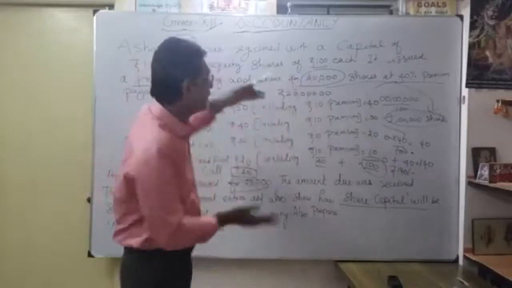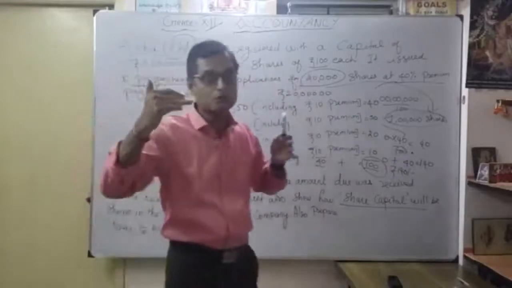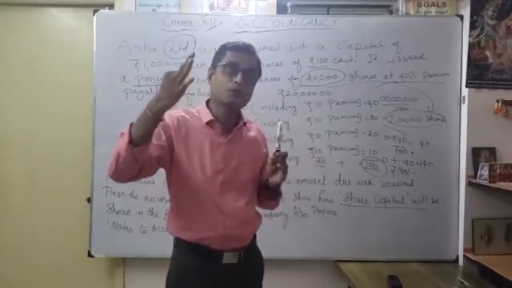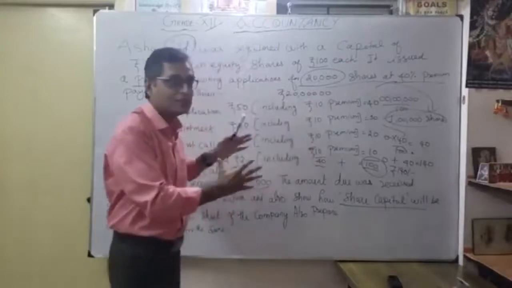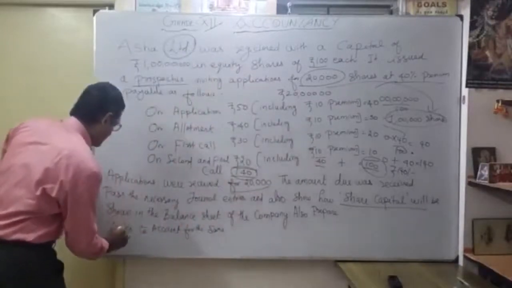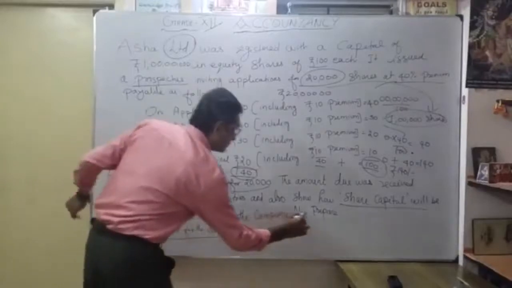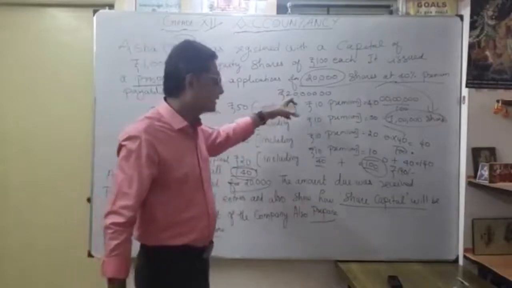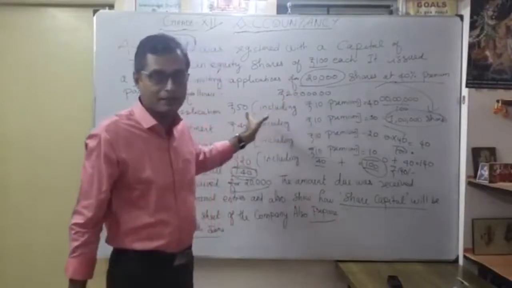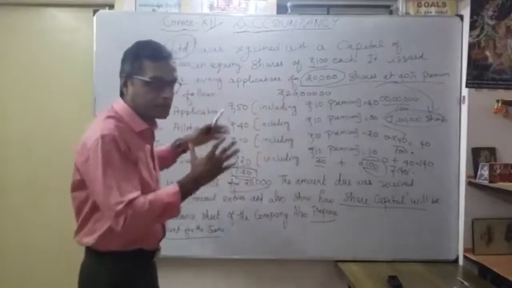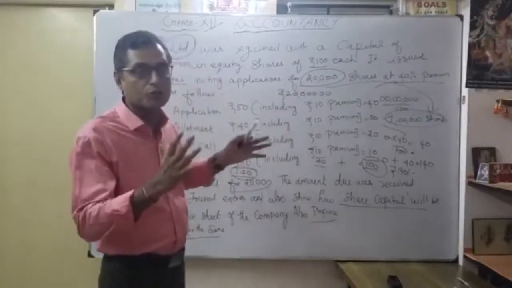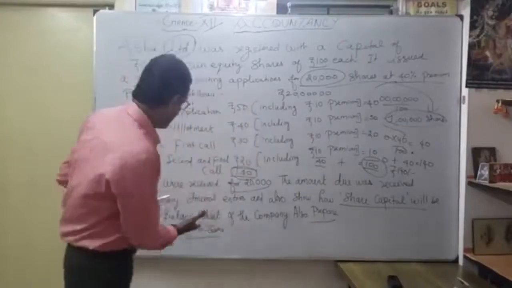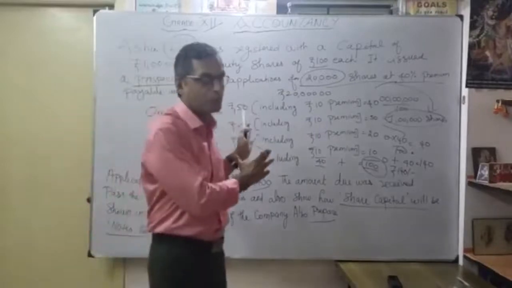That note number 1, how we are going to represent in a note to accounts. I say how much authorized share capital, how much issued share capital, and how much is subsequent fully paid up. That's what the discussion. After, how it will be, that's what the question asked. Notes to account for the same. Prepare. Okay. Here, the first work is, you have to know the different stages. What is our application money, allotment money, thereafter first and second call. So then after preparation of the journal entry, how we are going to show in a balance sheet. In the balance sheet, the notes to accounts, how we are going to explain in a notes to account. That's why 3 stages for this problem we are going to discuss.